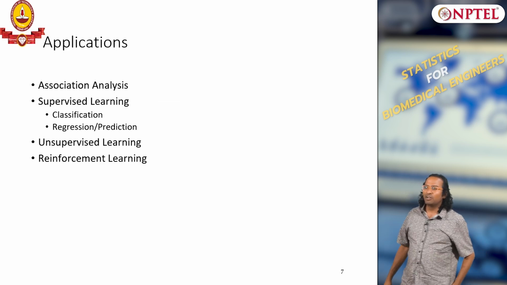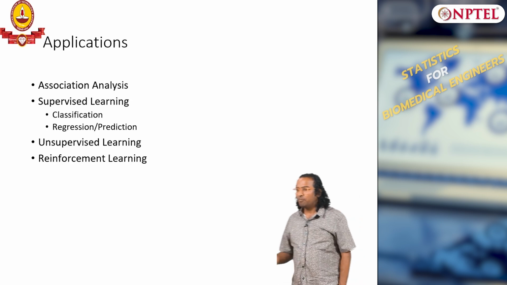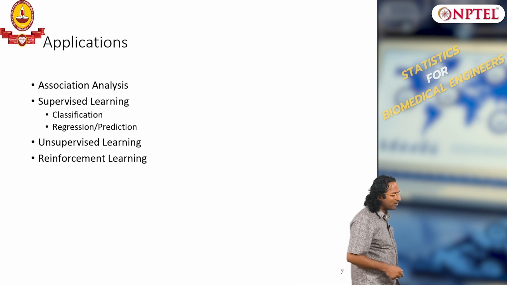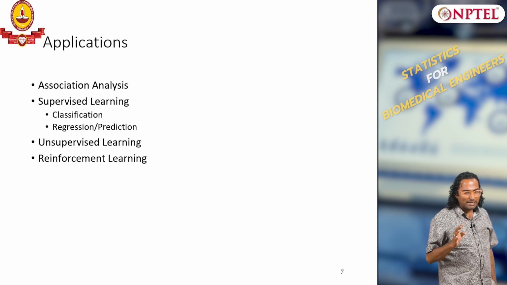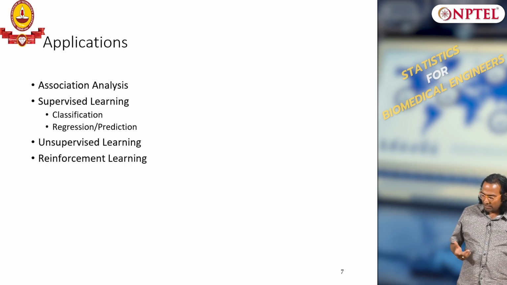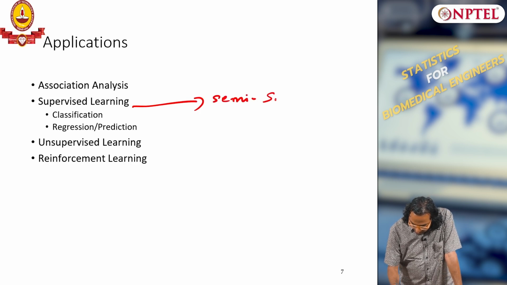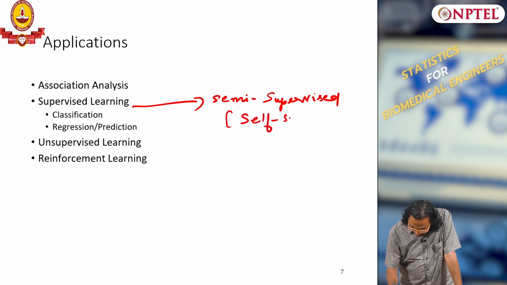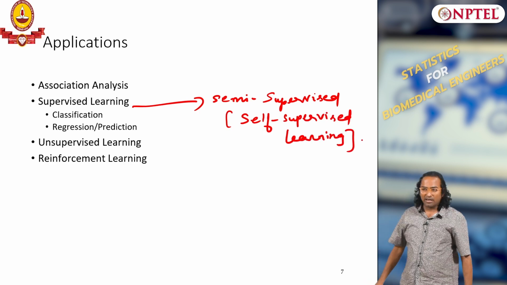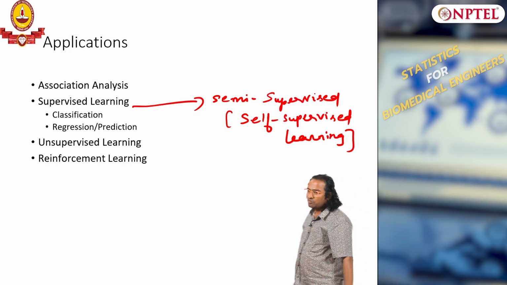Before we delve into linear regression, I wanted to give you an overview because these are things which we will look at in your biomedical area. There are at least four major classifications. Today we have 5, in fact, we have semi supervised as well, and then transformer learning, self supervised learning. There are at least 4 categories, and today, with the advancements, we have 5 categories.